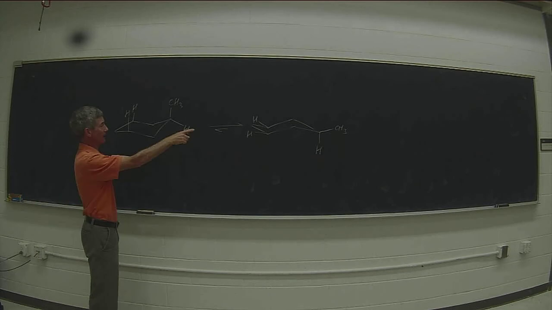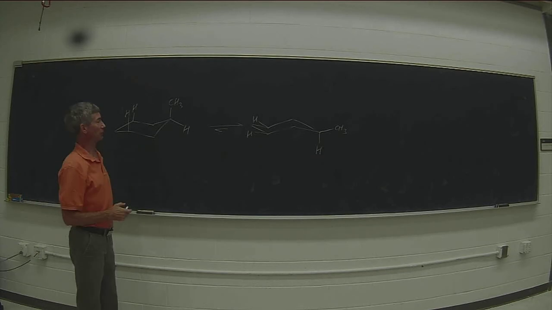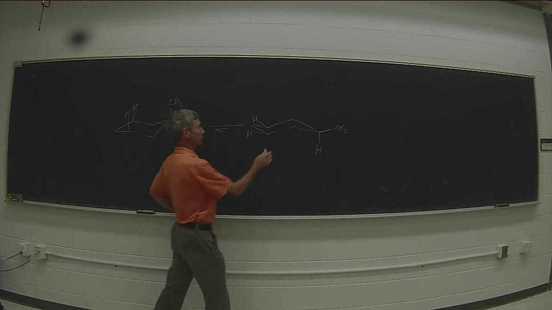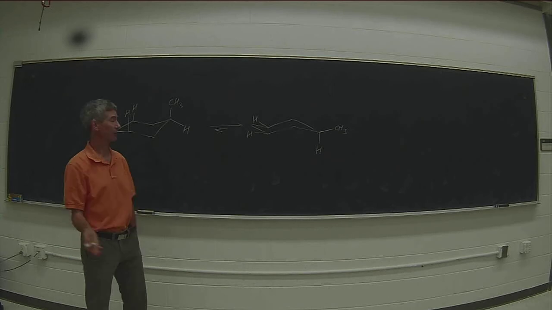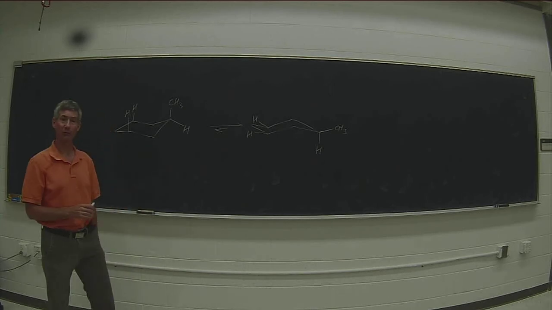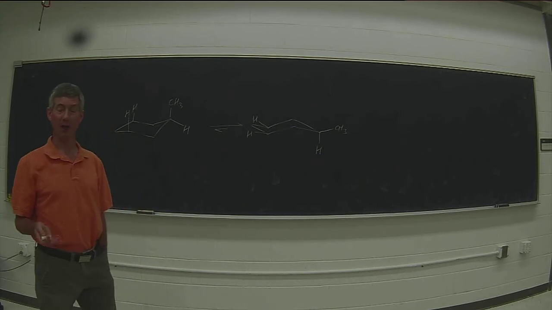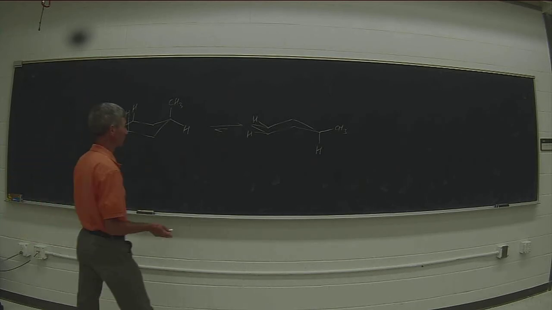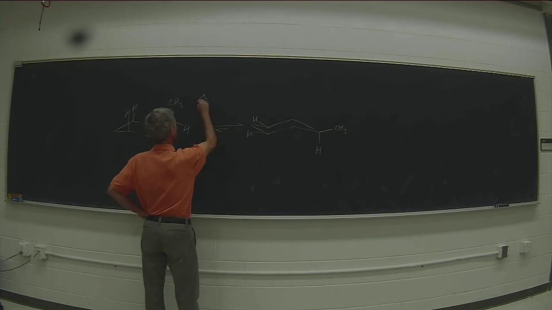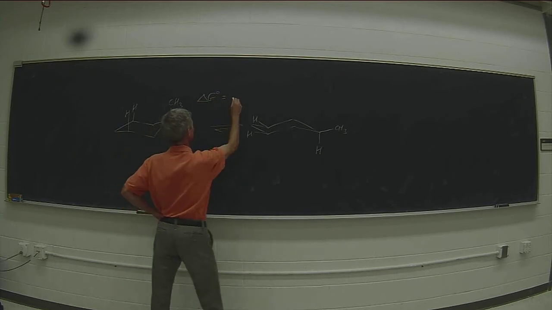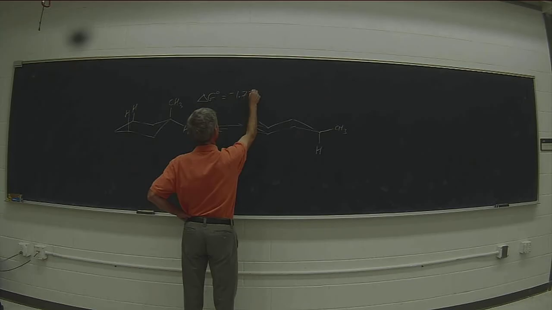So we know that this equilibrium lies to the right, and I'm drawing it with the equatorial substituent in the chair conformation on the product side and the axial in the chair conformation on the reactant side, which is the opposite of what the table in the textbook does, so that I will be working with a negative delta G of reaction. And for this one, delta G of reaction is minus 1.75